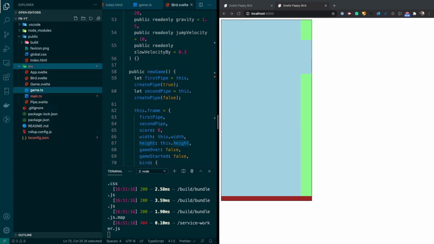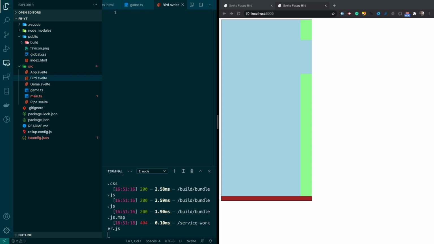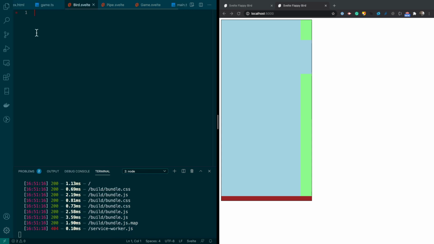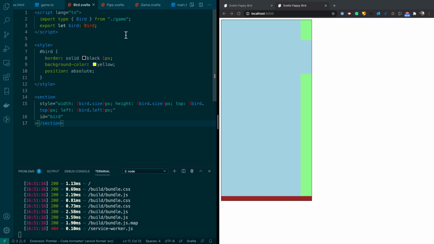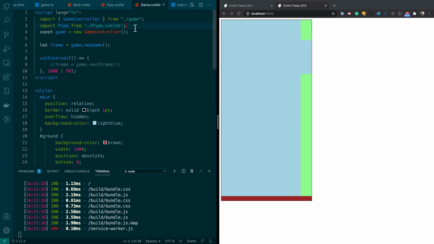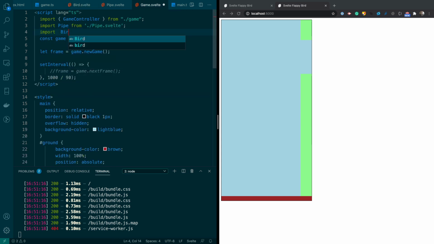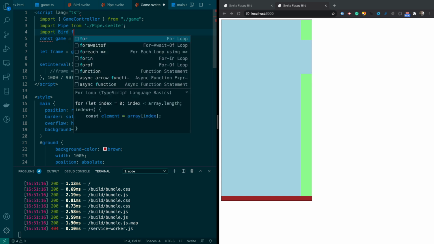to render out our bird, and I'm going to copy and paste this in. Right here, and we can't see it because we haven't used it in our game component. So let's go ahead and import it in. So I'm going to import bird from